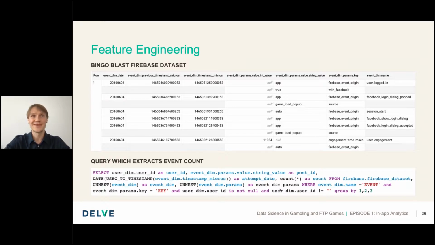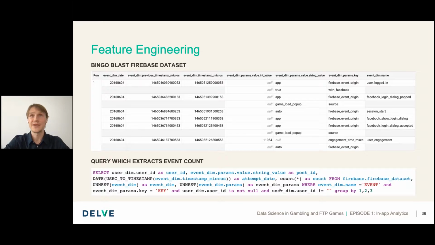And this dataset is an export from the Firebase event table. It's rather complex, as you see at first glance. Every row is a session of events for a user, and all the internal rows, called events, are quite complex structures.